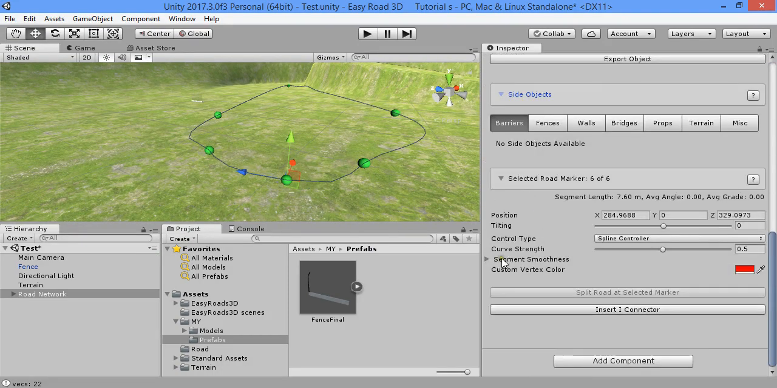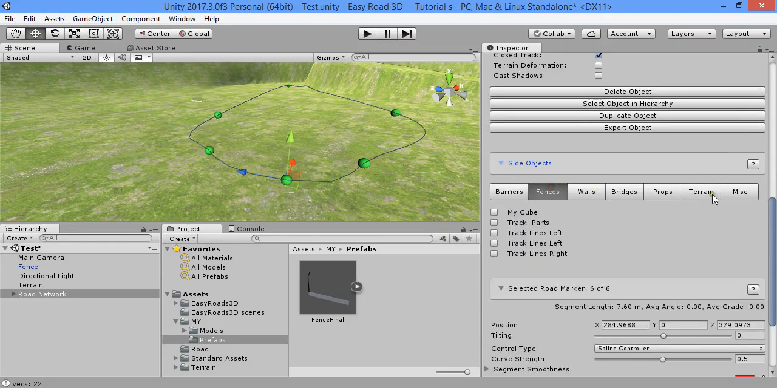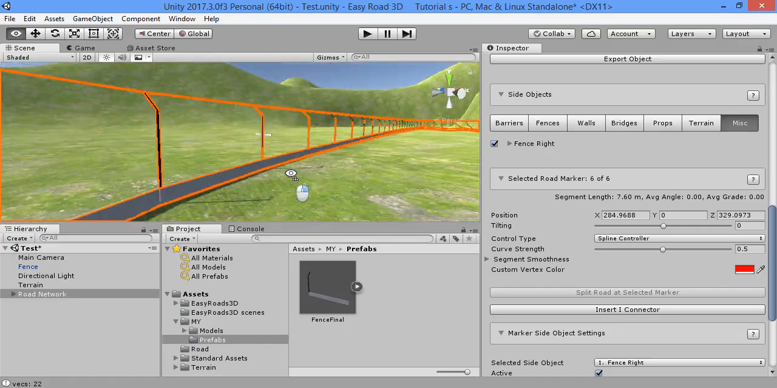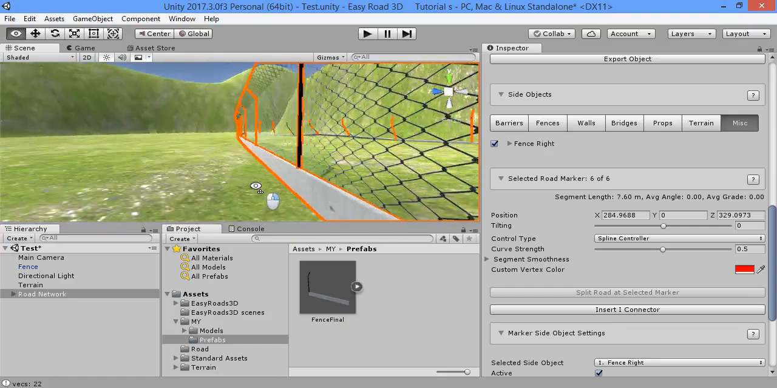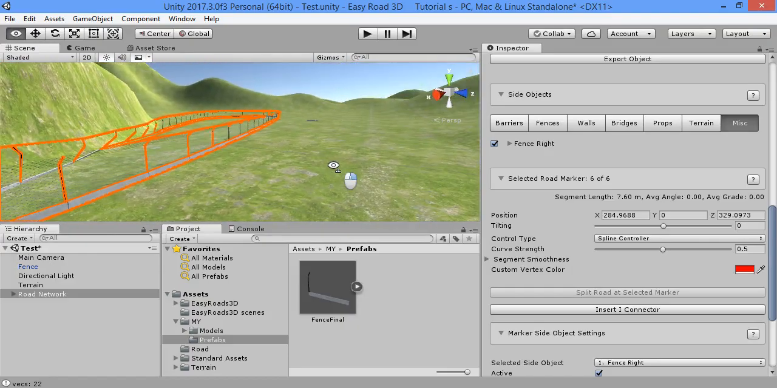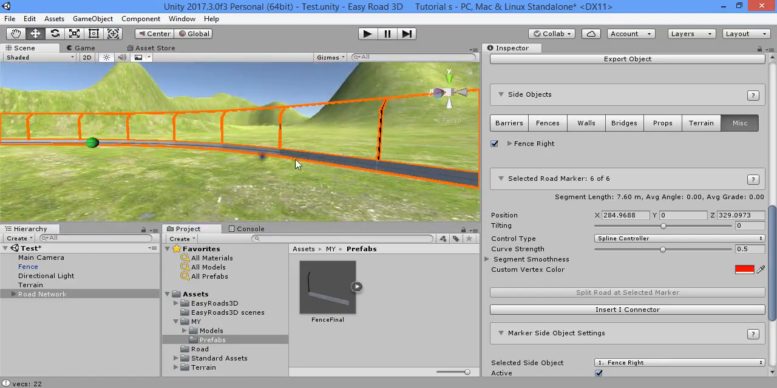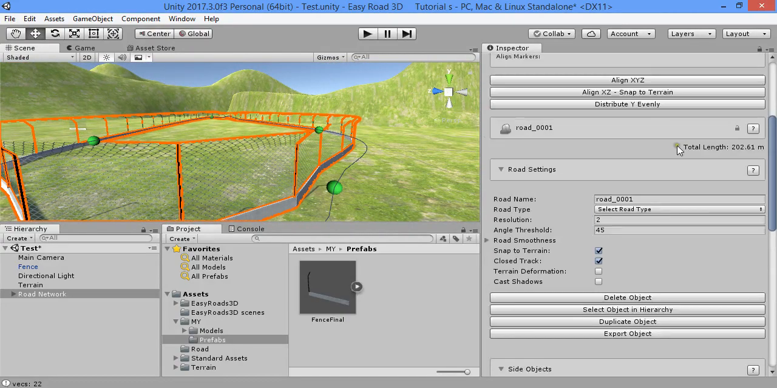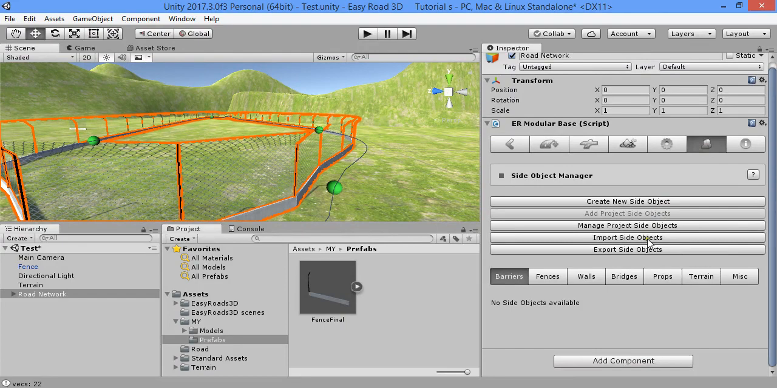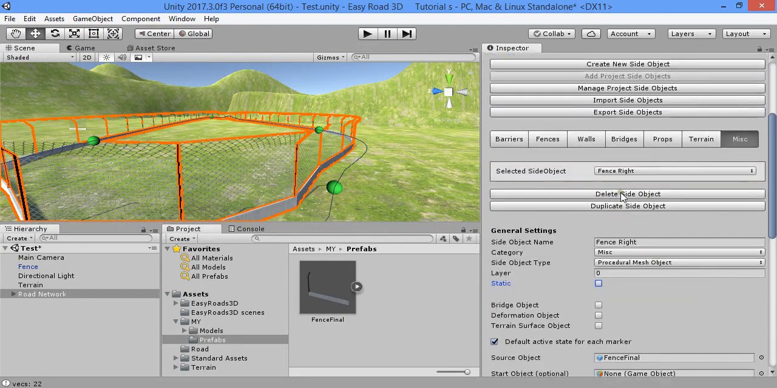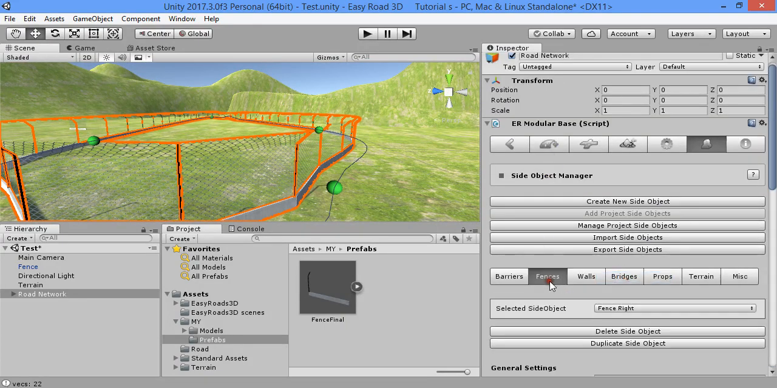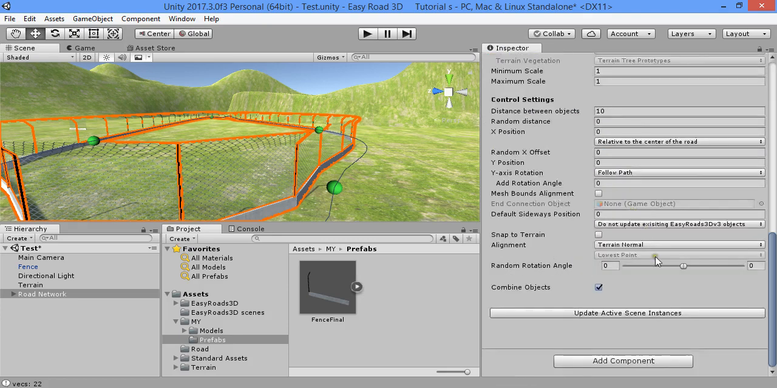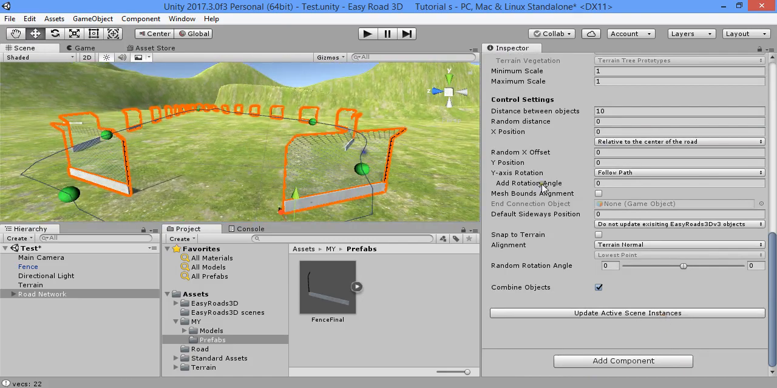from side object, select side object MISC fence. As you can see, we have a very nice fence model generated. Here's MISC. I want to move it to fence. This is a vertical mesh. You can use mesh object. As you can see,